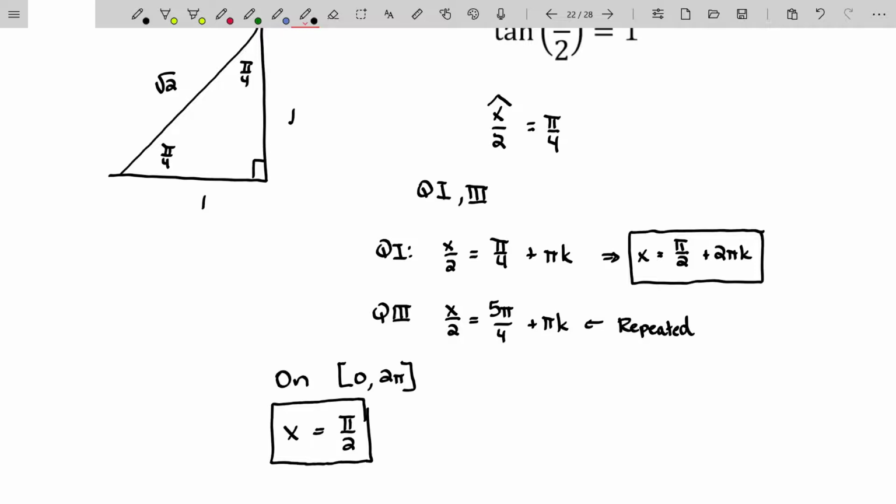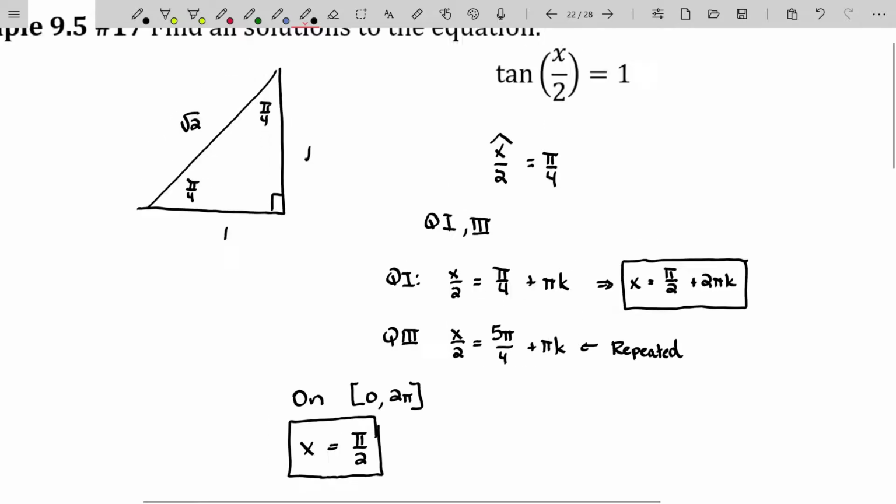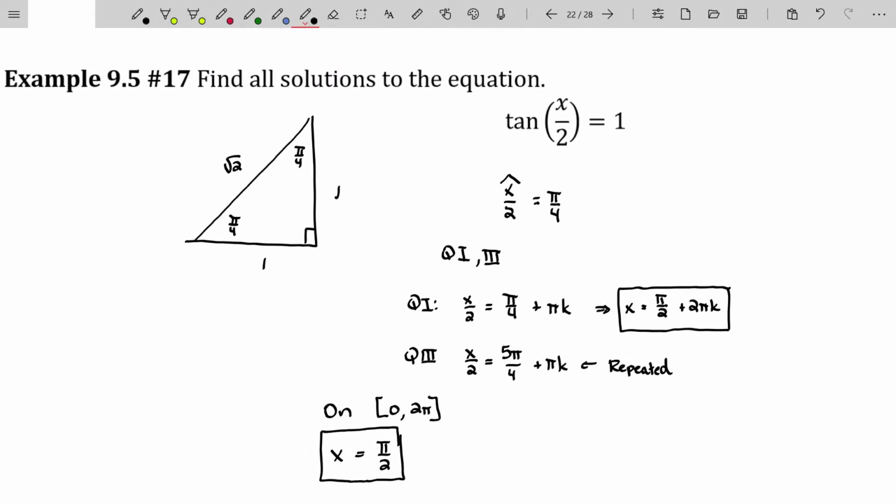And you would have seen that as well if you multiplied this by 2. You'd have the same issue. I shouldn't say issue, but whatever. Anyway, the main thing about that tangent is whatever quadrant your solution is in, pi later, you'll have that same solution. So because it repeats every pi,